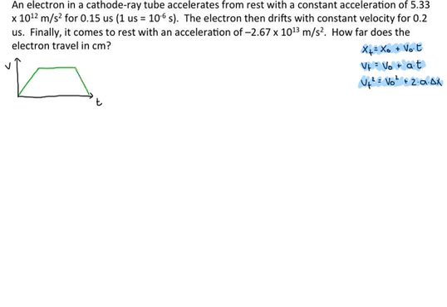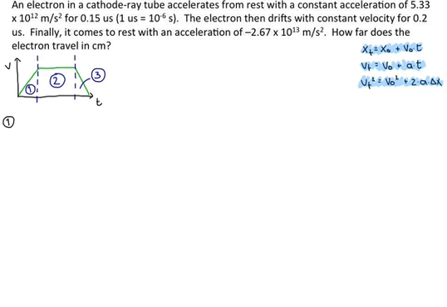So according to this little graph that I just did, the problem should be divided in 3 parts. This is going to be the first part, in which the electron is going to be accelerating. A second part, which is going to be this one, in which the electron is going to be traveling at a constant speed. And a third part, in which the electron is going to be decelerating. For each part, you have to understand the same situation and do the same things, and at the end, we'll see what we have to do. So for the first part,